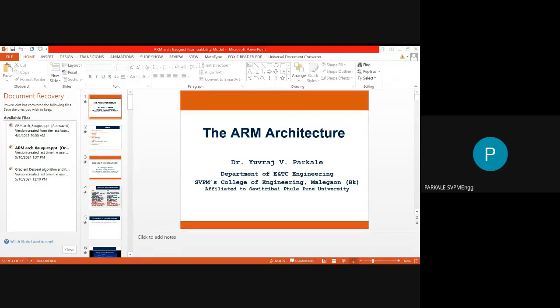For example, if I have to access some code from the program memory, I can access it, but at that time I cannot access the data memory. That is the problem: at any time I can access either program memory or data memory, since we have a common address bus and data bus. That is the problem with the Von-Neumann architecture.